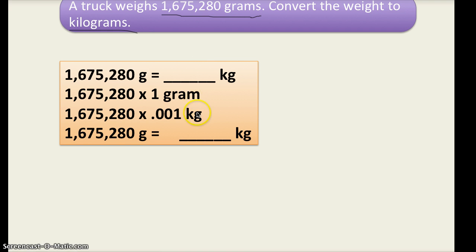Now I'm rewriting and thinking through. This is the same thing as 1,675,280 copies of 1 gram. That's the same thing. And I'm changing grams to my kilograms, my conversion factor. There's 1,000 grams in a kilogram, so that's worth 1/1,000th. Now when I multiply those, I just have to move my decimal. 1, 2, 3, 1, 2, 3. And your answer is